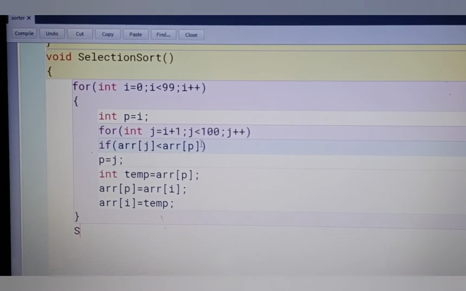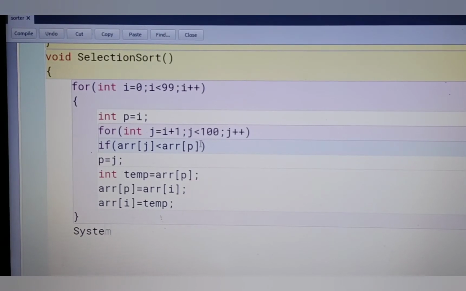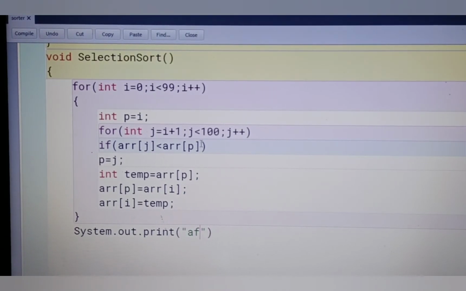And here System.out.print, write a message such as "after selection sorting", whatever you want to write here.